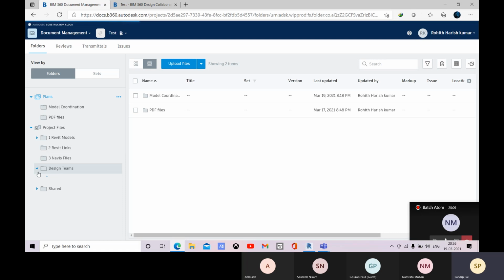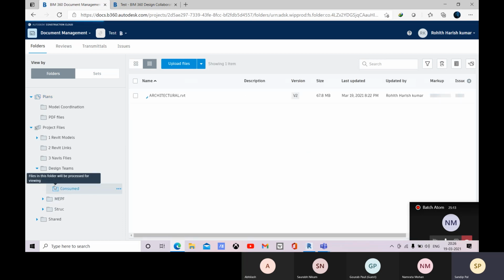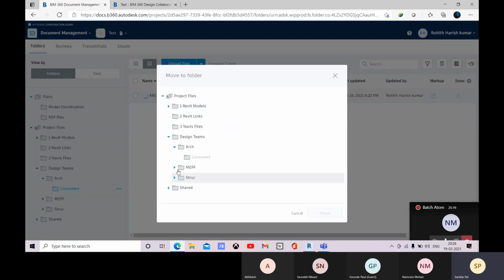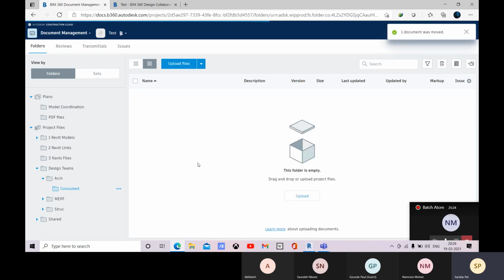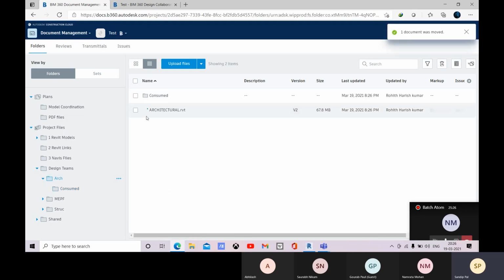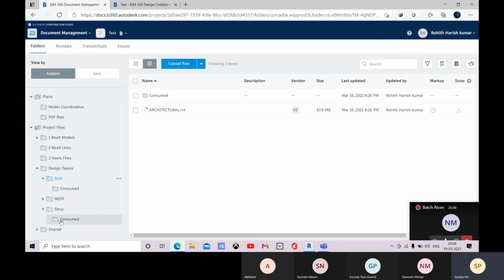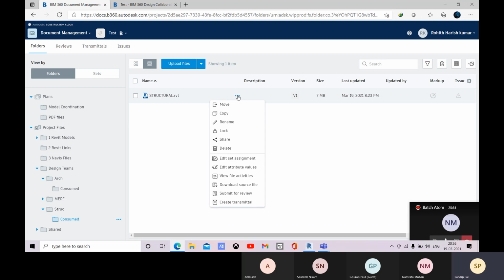I don't think I have to do it within this consumed. So just let me go for this move and let me select this so that I can move it, and here it is. Okay, so same like that, let me just move it from this consume to normal one,